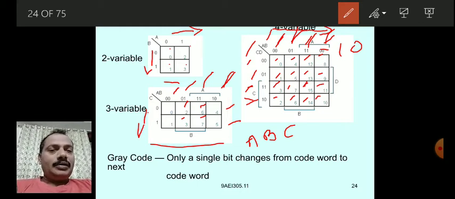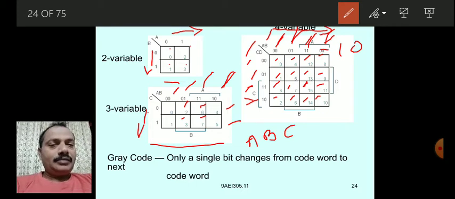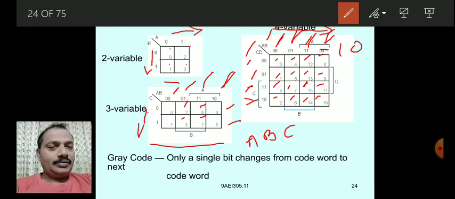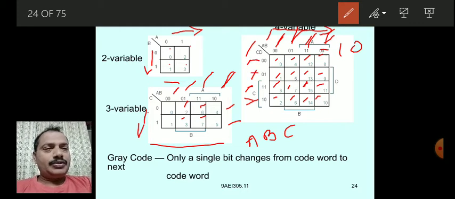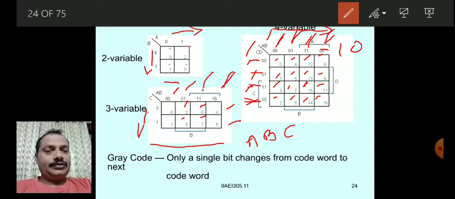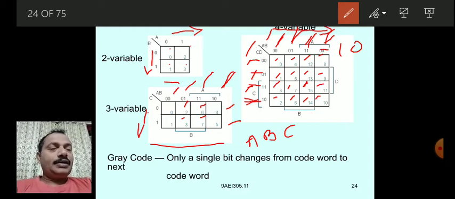Similarly, on the row side 0 0, 0 1, third row skip, 1 1, 1 0. So this is the way of writing.